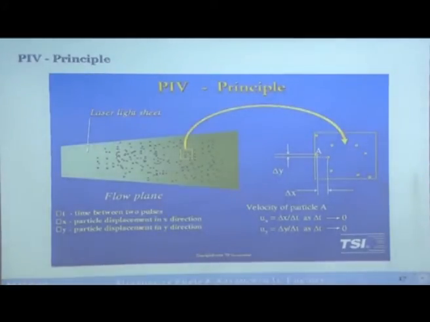Okay. I think I have already explained it to you. Suppose this is the flow field and you are interested in this small area only. You have captured this whole image, but you are interested only in this area. So, you will magnify this and you will identify the first location and the second location. So, it will give you delta y, it will give you delta x, you know what is the delta t between the two images, and then you can figure out the velocity component in x direction, velocity component in y direction. This is 2D PIV. Okay.